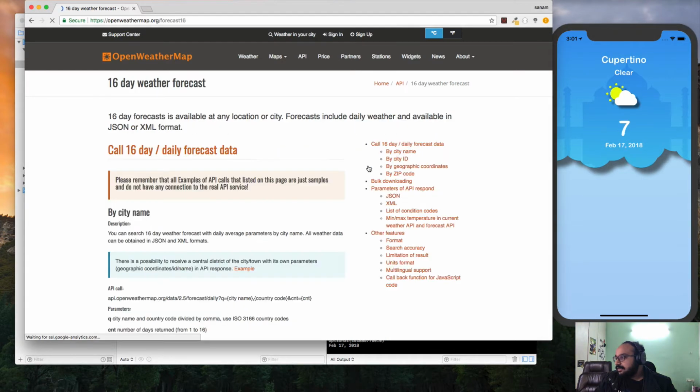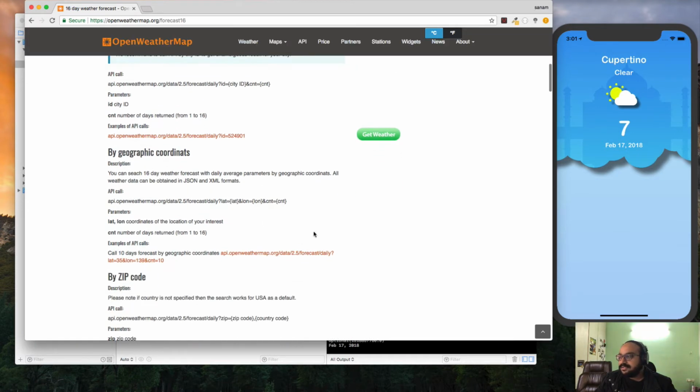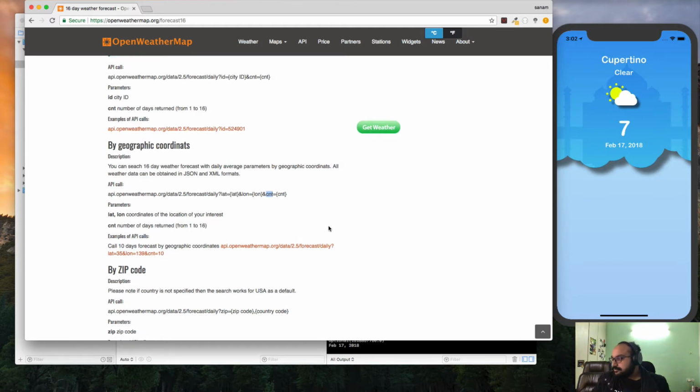So let's go to the API doc, and we'll be using a similar API endpoint like we were using before. We'll be passing the coordinates right over here, and the parameters will be lat, lon, and the count, which is for the number of days. So they allow from 1 to 16, 1 being today and 16 being the 16th day from today, right? So we'll be using a count of 10 and we'll be displaying it in our app. Right, so let's copy this